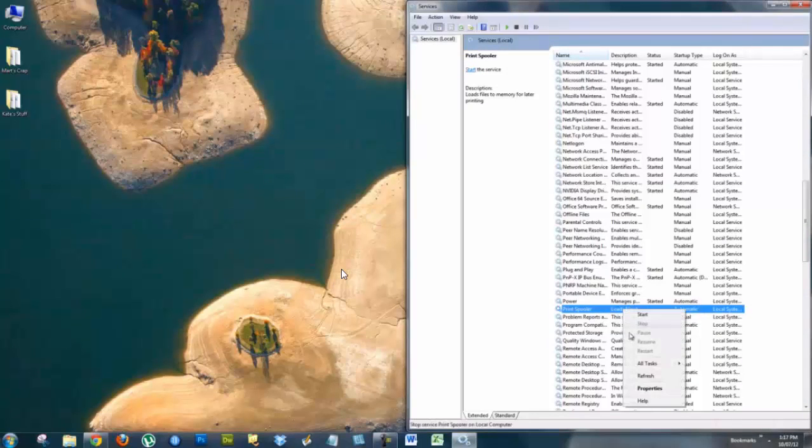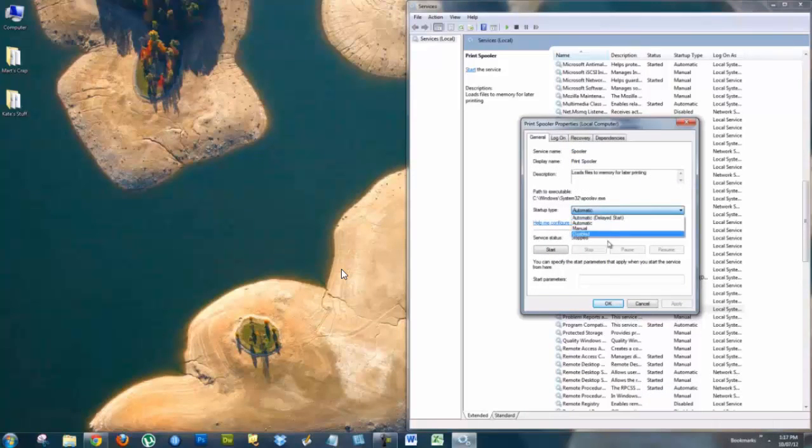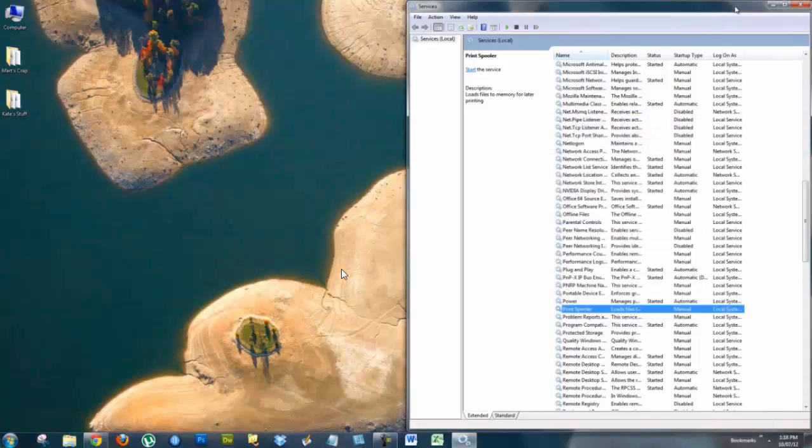and then I'm going to go into Properties here, and you have two choices, manual or disabled. And what we're going to do is go to manual, because I may get a printer in the future, and if it's disabled, my printer is not going to work, and I'm going to get this message that pops up on the screen saying the service can't be started. So I'm going to set it to manual, which means when I do need to print something, it'll start. So I'm going to hit apply, go OK,